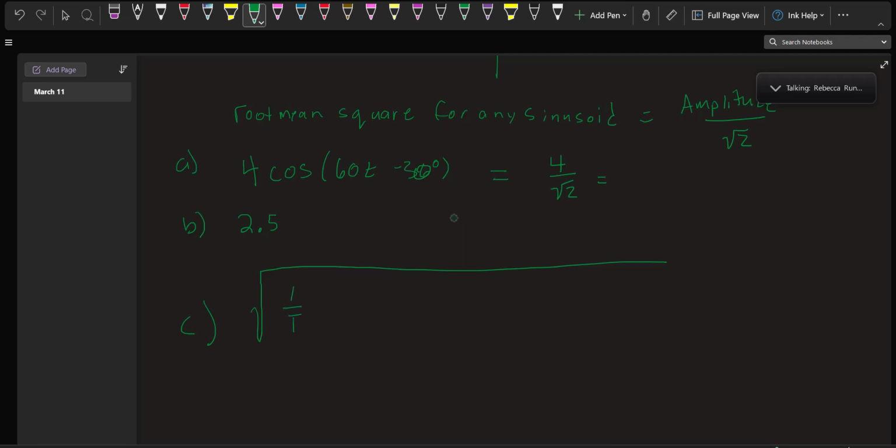So it's not a sinusoid because you have that 12 in there. So it's going to be the square root of 1 over the period times the integral from 0 to T of the first part, which is the 12, so square that, 144 dt, minus the integral from 0 to T of